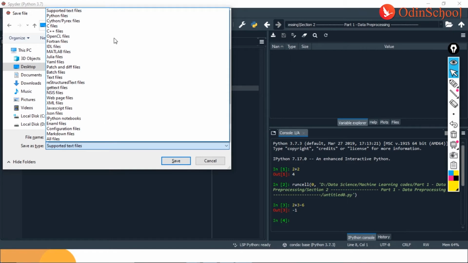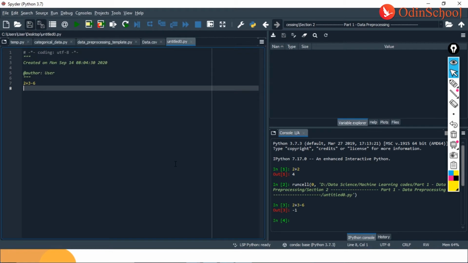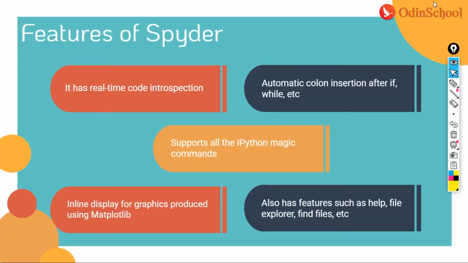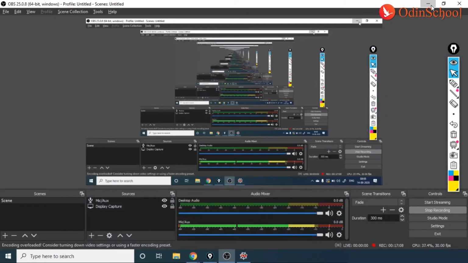It is asking me for different options, like in which file type do I save this? You could save this in Python files or Pyrex files, batch files or supported text files. I mean, whatever way you want. And I'm saving this as untitled 0. And when I save this as untitled 0, you would notice that this would become untitled0.py. So here I would now just try to cross check for the same on my desktop.